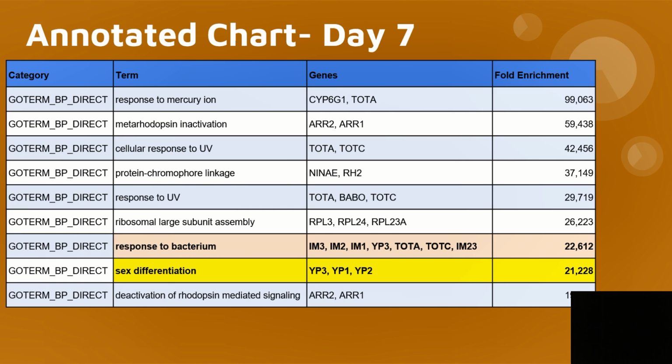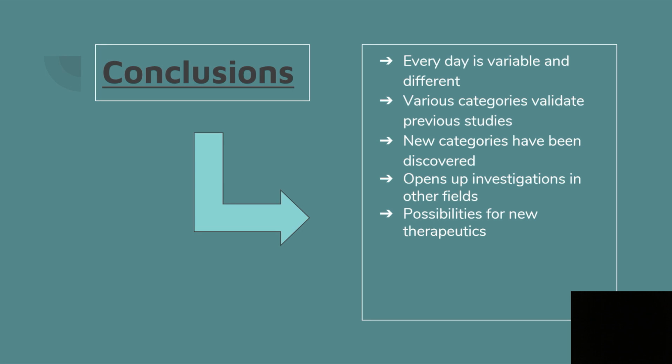Proof of how multifunctional genes are can be found in the TOTA gene, which is also present in the cellular response to UV. Every day is variable and different. The GO terms are diverse, but some are repeated and consistent various times, like sex differentiation and the immune response. Various categories validate previous studies, but some new ones have risen that weren't identified before, that may give us insight